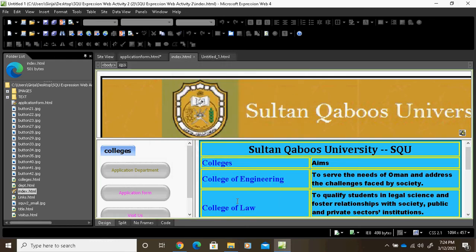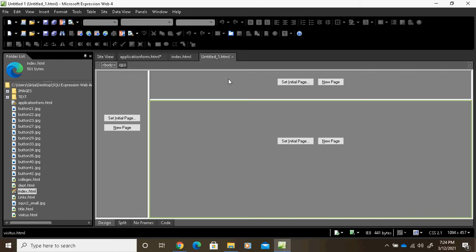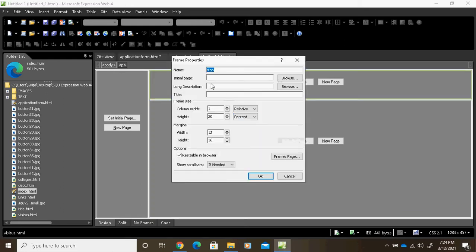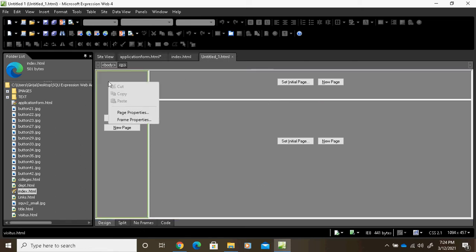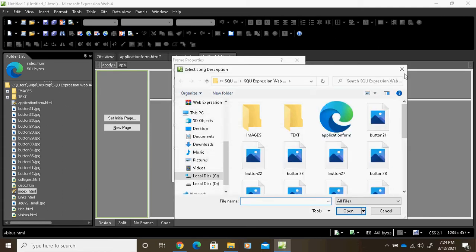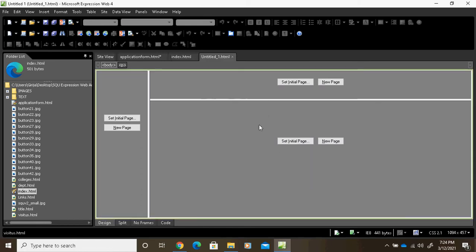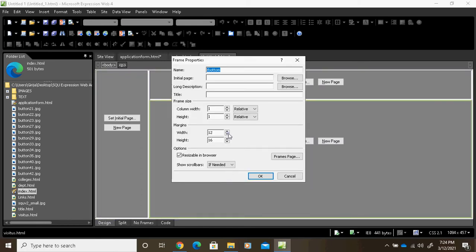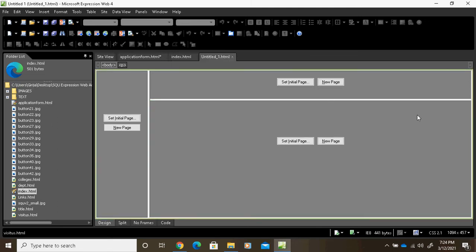So what we learned here is what a frame type, frame template type, banner and content or nested hierarchy is. And what the different frame names are. We can find the frame name. For example, if you go here, you can find the name in Frame Properties. What is this frame name? In nested hierarchy it is called top. What is this one called? Left. This is called left. Here you can find this frame name in the frame properties. This frame name is bottom. Clear or not? This way you can see different names.